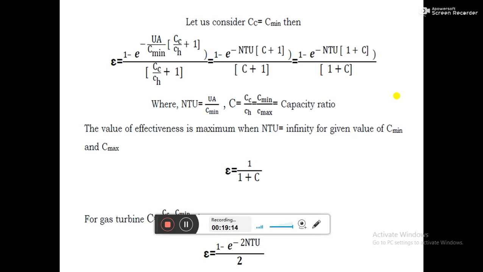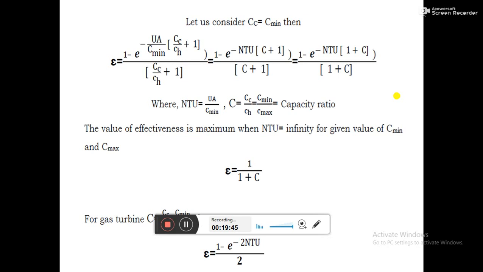We considered CC as the minimum heat capacity and have taken that outside. Then effectiveness equals 1 minus e to the power of minus UA divided by C minimum into (CC by CH plus 1), divided by CC by CH plus 1, which equals